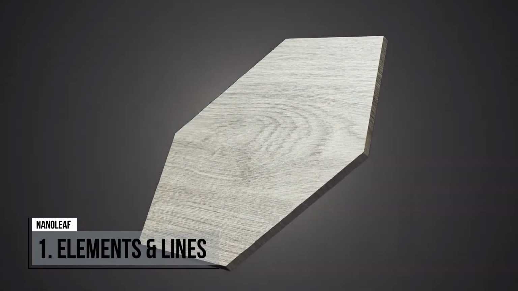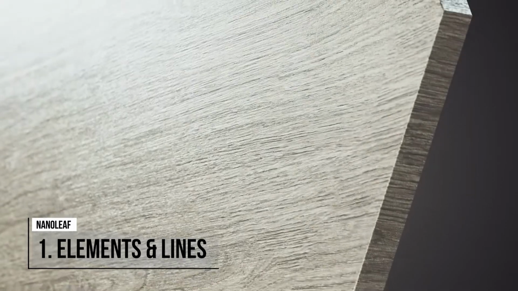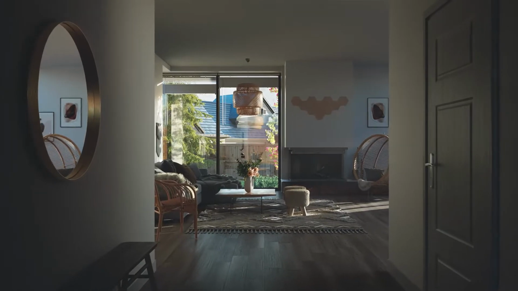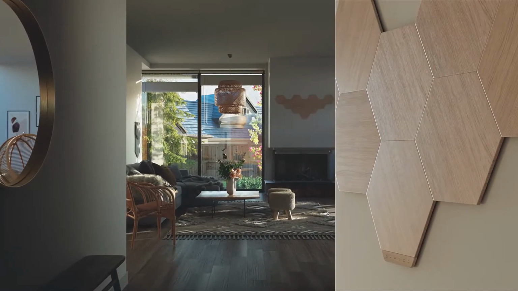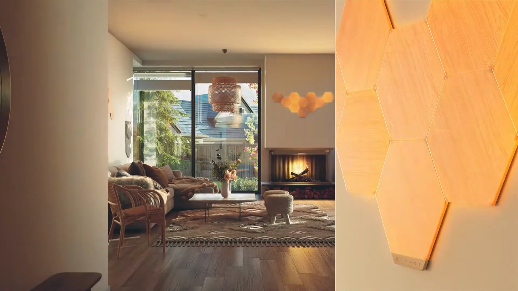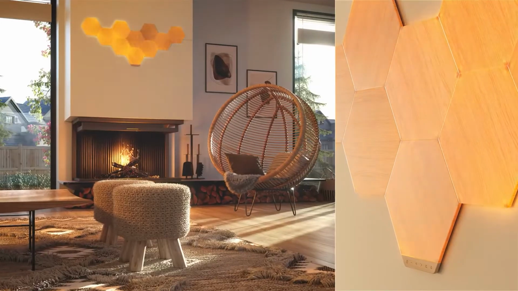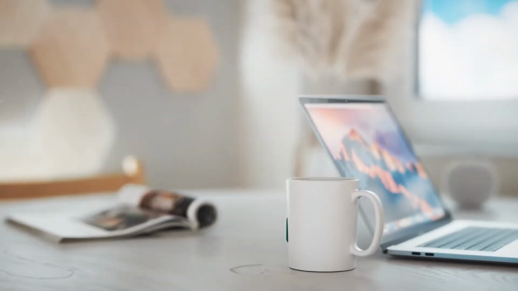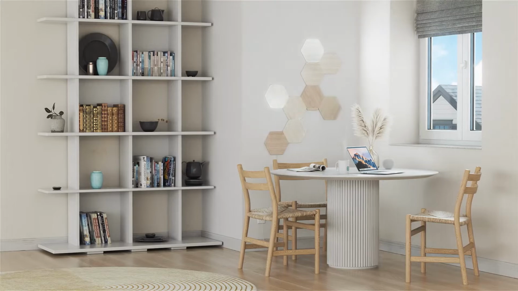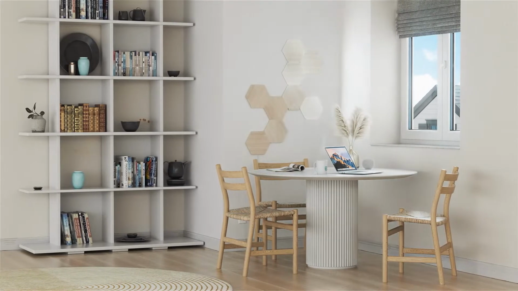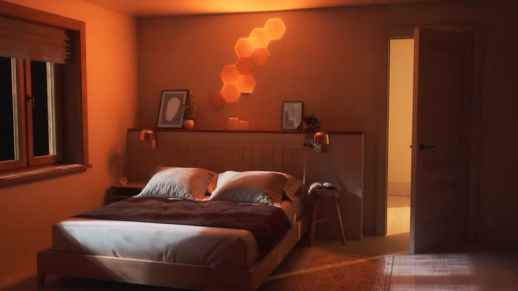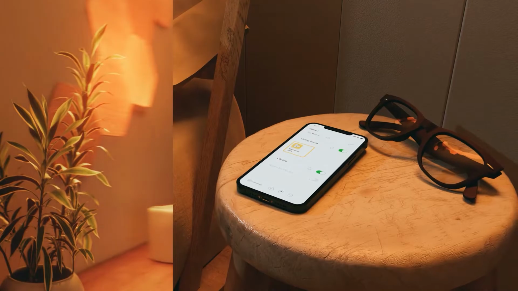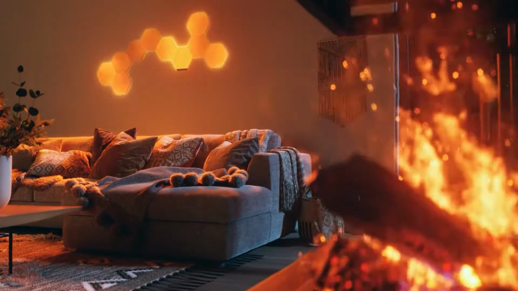NANOLEAF elements are modular hexagon wood panels which create a truly bespoke lighting experience. The panels can be used as both beautiful wall art or customizable ambient lighting. You can simply touch to ignite a dynamic glow across the panels or play music with panels in sync. The panels come with 11 curated scenes, which can gently fill your space with a dynamic glowing illumination to set